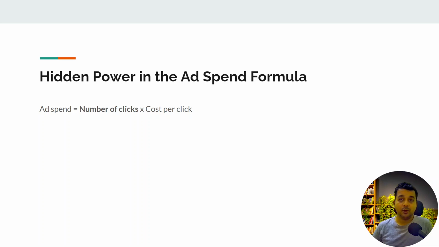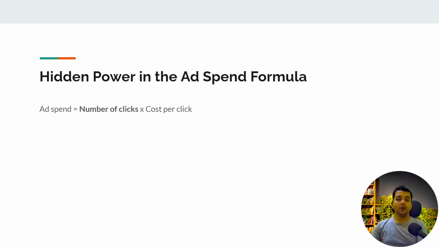But since Google ads are very competitive, if you don't pay enough for the clicks, you will start getting a lesser number of clicks, and if the number of clicks is lower, naturally you will start getting a lower amount of sales. So this will not solve your purpose.